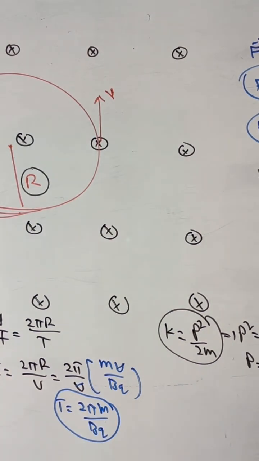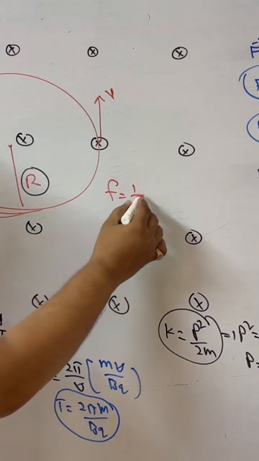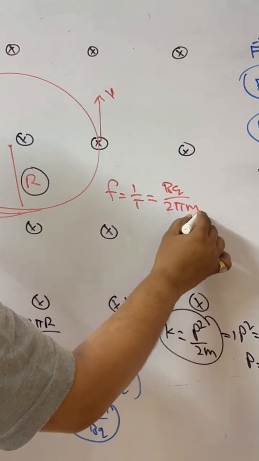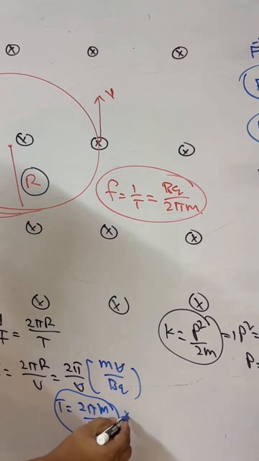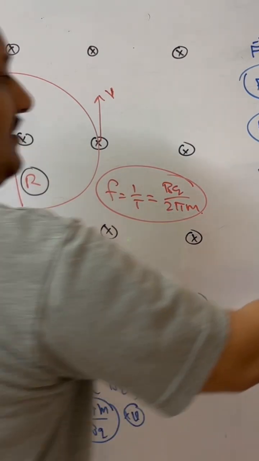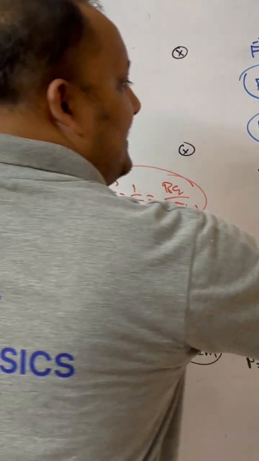So, that is the time period. Once you get the time period, you will get the frequency. What does frequency mean? It is the reciprocal of the time period, so bq by 2 pi m. If you observe, the time period does not depend on velocity, but the radius depends on velocity, mass, magnetic field, and charge. So, on these equations,